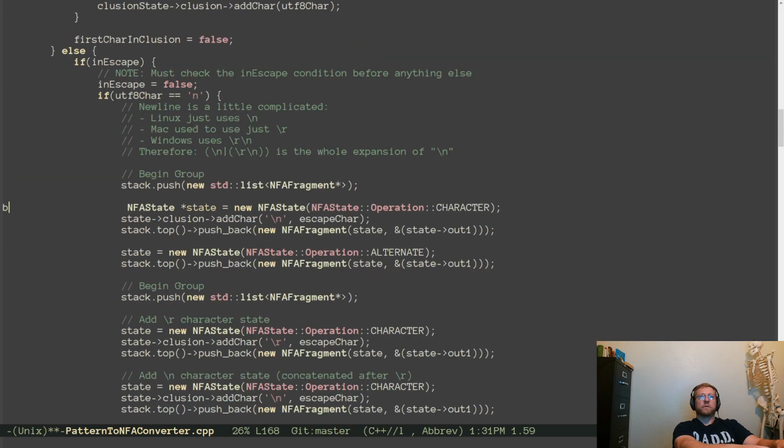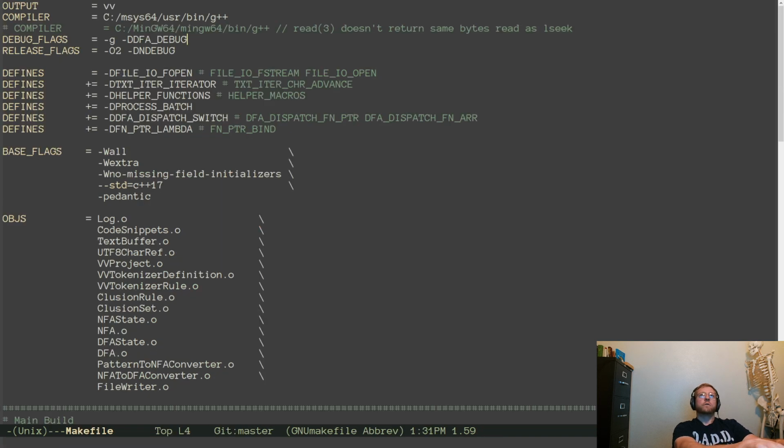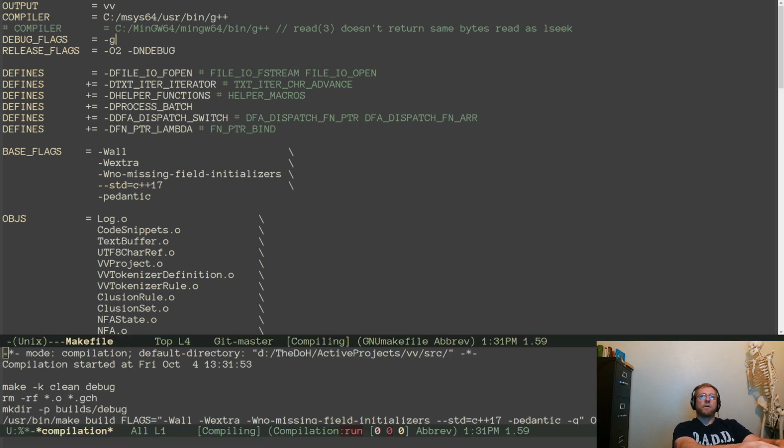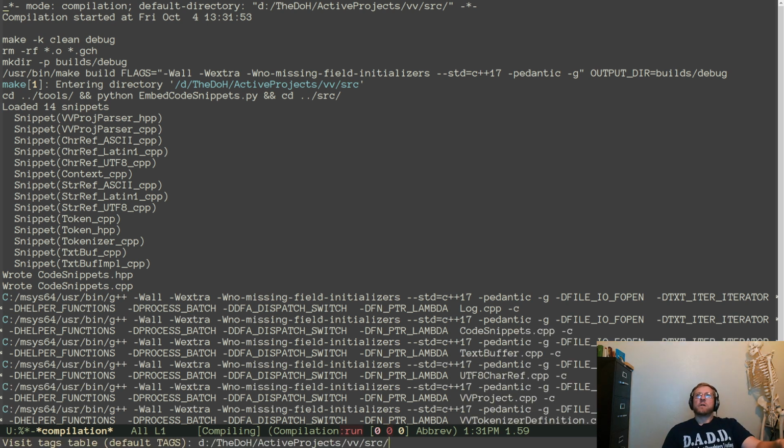I believe that will work. We can also remove that debug flag. There we go. This should see us able to test that other thing in the last half hour we've got. In theory.